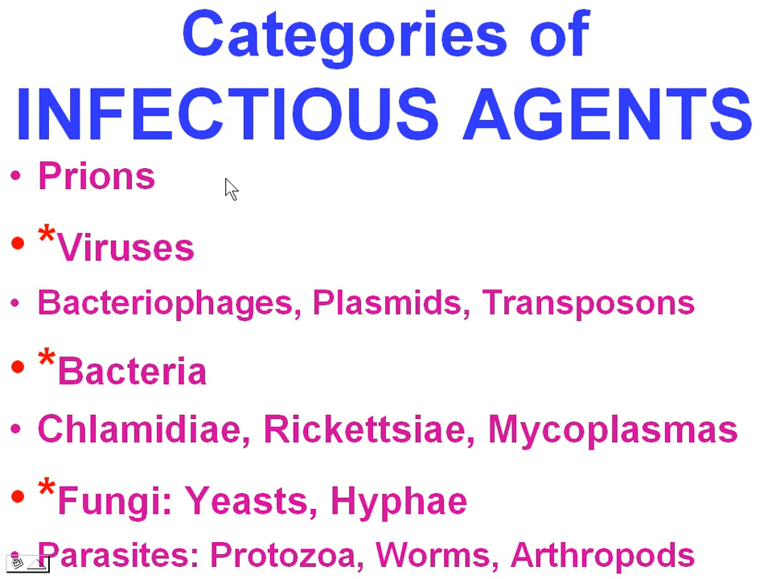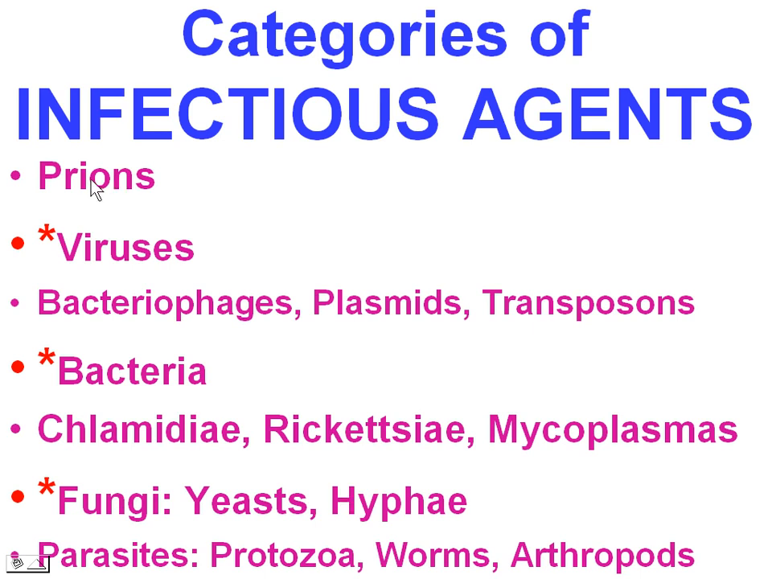Most infections in humans are either viruses or bacteria, so that's why they get the big asterisks. If you want to include fungi, we'll add a third asterisk. But remember, if you really want to be thorough and classify the categories of infectious agents, you have to move